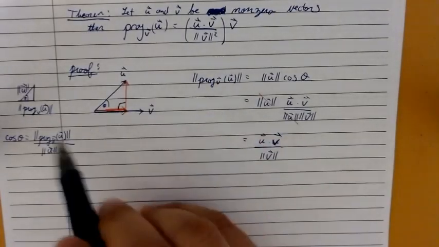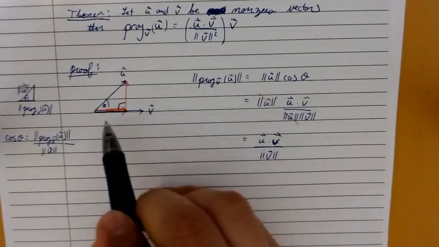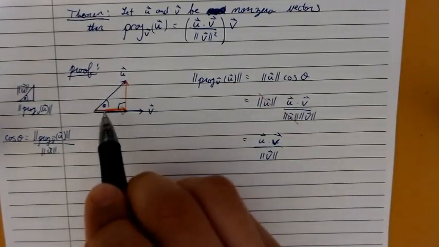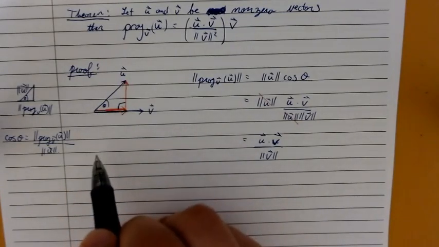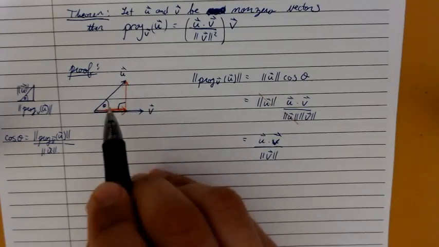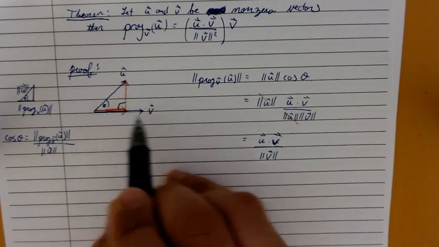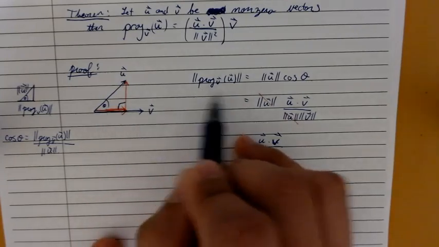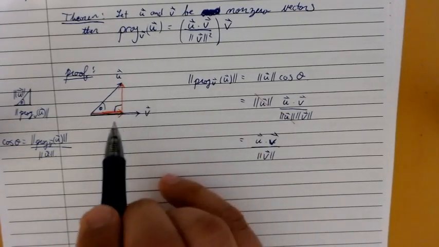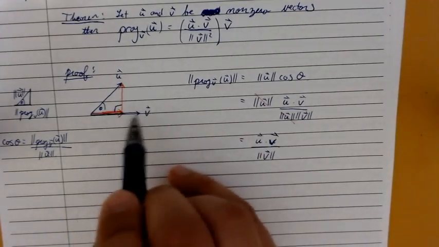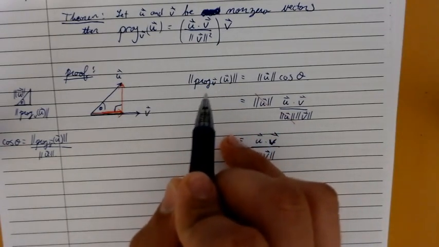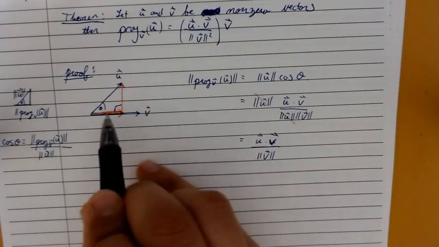Oh yeah, but that's just the magnitude of the projection. I didn't want the magnitude. I want the full projection. Oh, well, I know how long it is. Now I just need to know what direction it's going in. Well, that's easy. It's going in the direction of v. Okay, so I need a vector that's in the direction of v, but that has this magnitude. Well, I don't know how to find a vector that's parallel to v that has that projection magnitude, but I do know how to find a unit vector in the direction